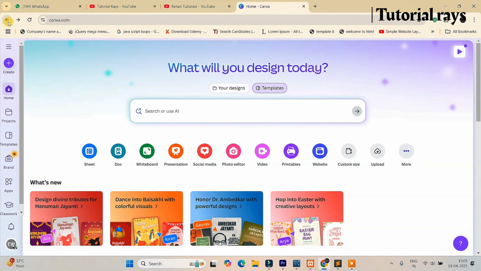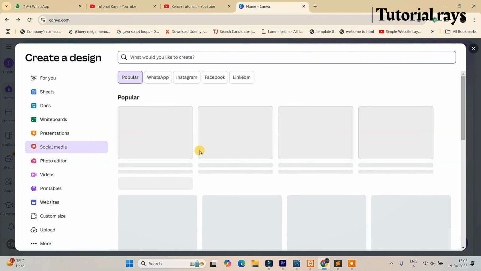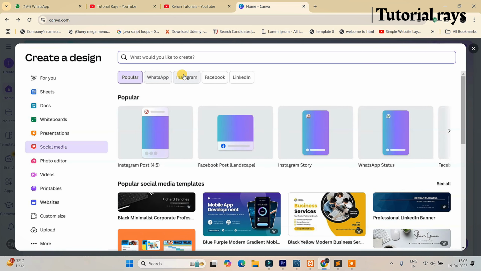So let's go back once again, and now let's talk about social media. It is very important in Canva actually. Most influencers use Canva, the website or application, because of social media only. Let's open this, and over here you can see WhatsApp, Instagram, Facebook, LinkedIn, YouTube. The most useful things over here are Instagram, WhatsApp, Facebook, or YouTube. As you can see, you can create an Instagram post, Facebook post, Instagram story, WhatsApp story,